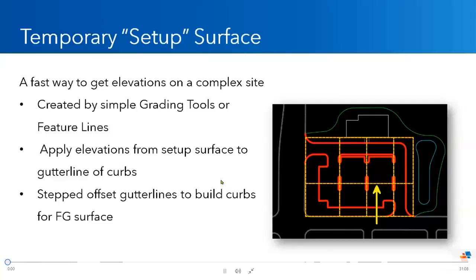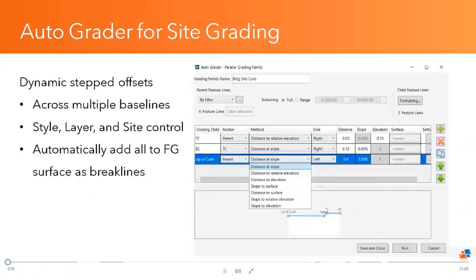This is much more efficient because we can direct the water through very simple and easy to understand rough setup surfaces, and then apply that to our more complex back of curb scenarios and things like that. So this is what I'd like to do, and then we'll look at how we can incorporate AutoGrader into finishing up that design. So we'll flip over into Civil 3D,